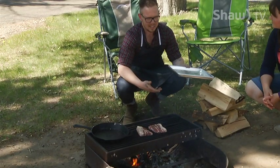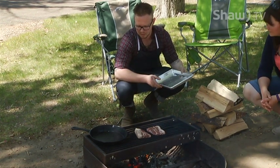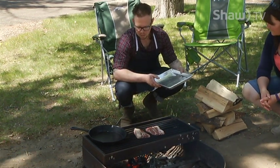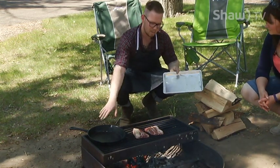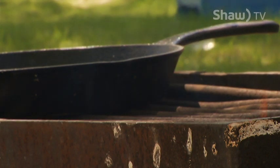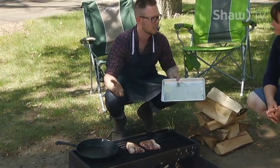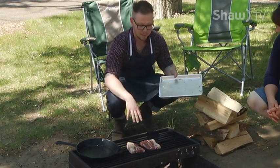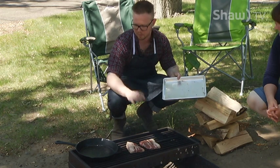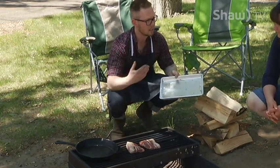I like to let the seasoning sit in for a little bit, so they were seasoned like 15 minutes ago. We're going to try and not really mess with them and not touch them very much. I've got my cast iron pan here just in case we do get a bunch of flare-ups. There's a difference between a nice amount of char and a bunch of burnt food. So in case the fat starts to melt a little too much and we get a fire that's too big, we can let them hang out for a little bit in the pan and still keep cooking